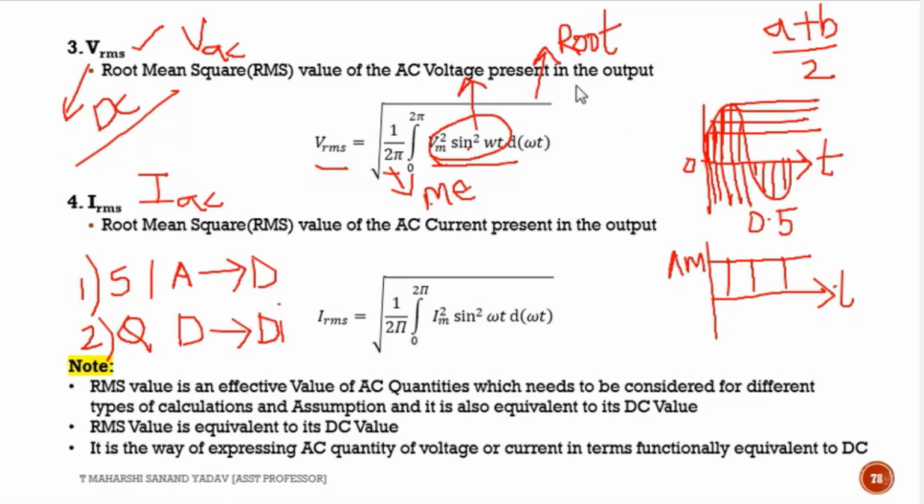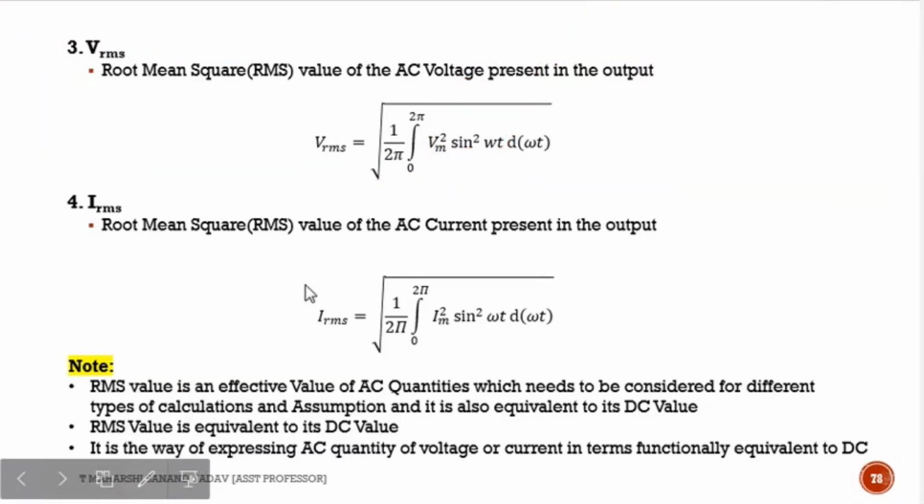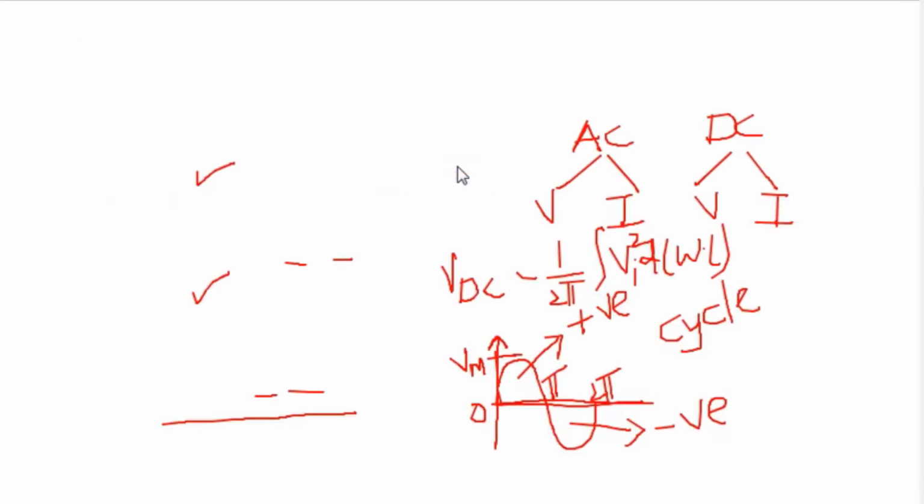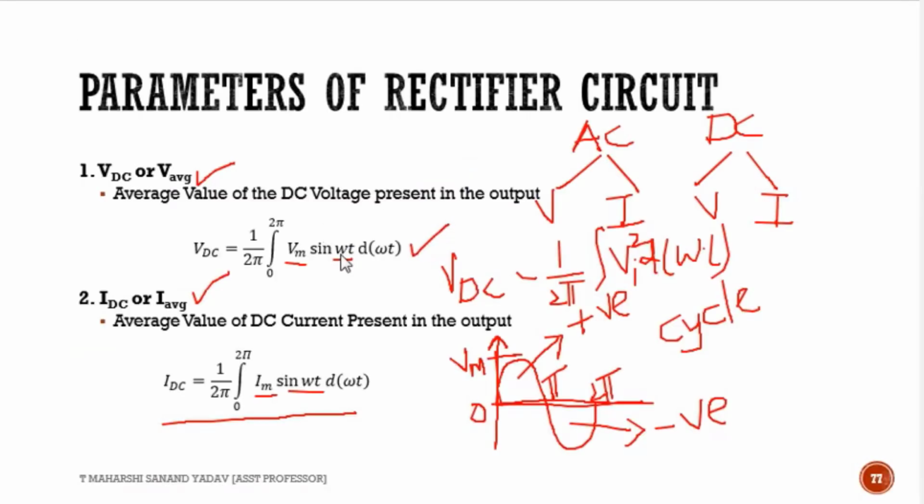Or any doubt with this concept? Because most of you will get confused with this RMS term only. So if you have a doubt, better try to ask me once again so that I'll explain. Clear with RMS value? Anyone? Yes, sir. Right. So again, RMS of current will also be the same thing. Simply you need to change the term. IRMS is equal to root mean square. Here instead of Vm square, I'll get Im square. That's the only difference.